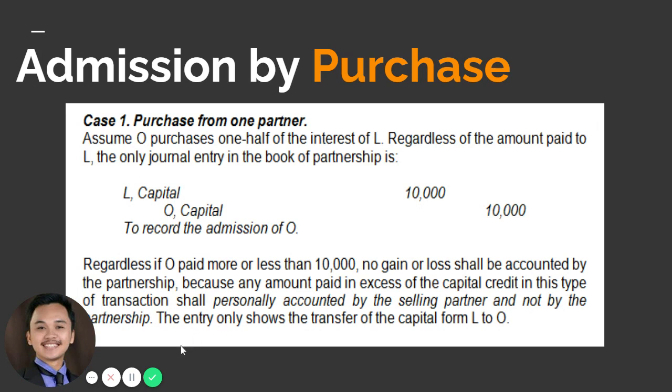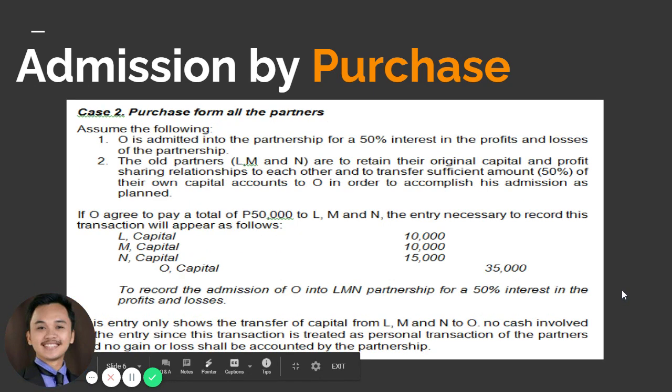So the loss of 5,000 will also be absorbed only by L and not be recorded in the partnership. Another case, for example, let us say a new partner purchases from all of the partners. So assume the following: O is admitted into the partnership for a 50% interest in the profits and losses of the partnership. And the old partners L, M, and N are to retain their original capital and profit sharing relationship